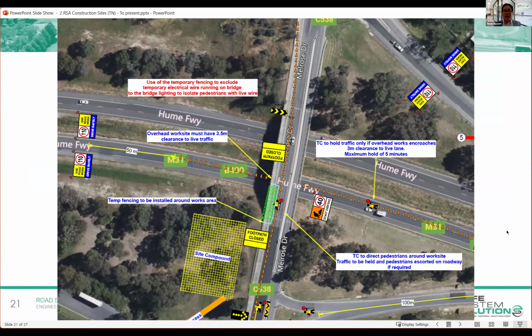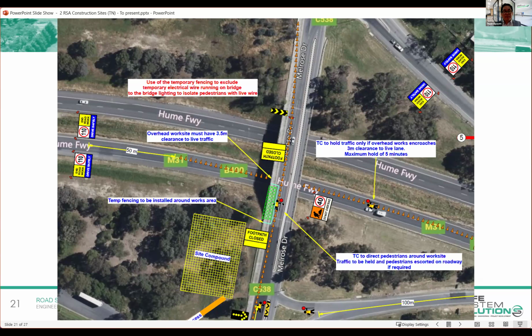This is another one on the Hume Freeway. I'll leave it on the screen for a minute or two so that people can digest it. Generally what's happening is this: on the Hume Freeway at the border of New South Wales, the contractor needs to do some work on the overpass, and they sent me this plan. I said, Tuan, do you think there's any issue with it? There is one glaring issue, so I hope somebody will pick it up, and that person probably deserves a prize,